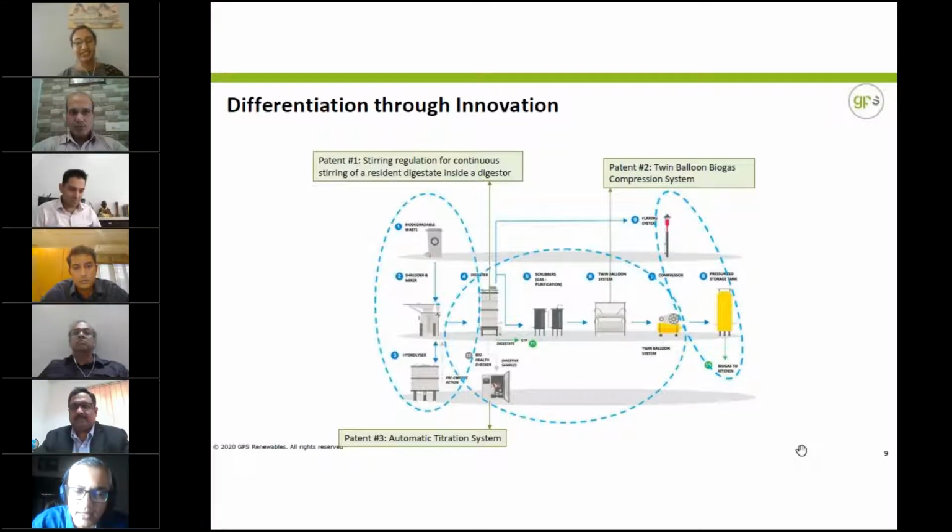So these 2 slides I'll cut across. These are things that you can discuss in detail. The second solution that we provide